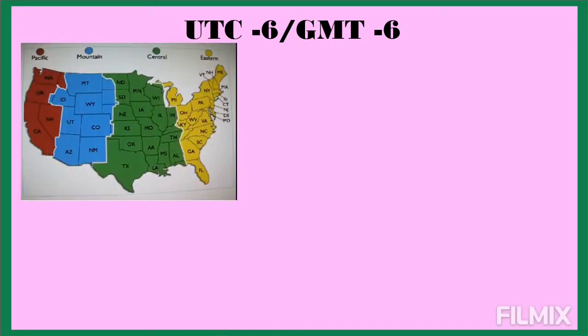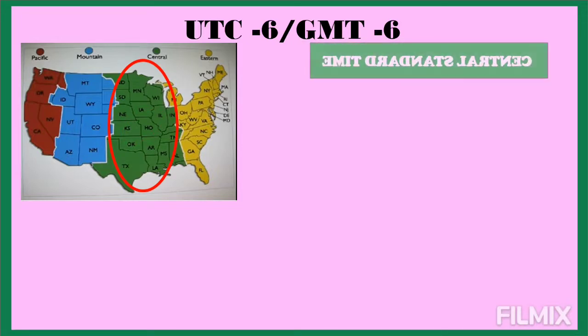Central Standard Time (CST) is 6 hours behind Coordinated Universal Time or UTC. During summer, most of the zone uses Daylight Saving Time or DST and changes to Central Daylight Time (CDT), which is 5 hours behind the UTC. This is a map of the USA, and the green one is the central part, and they're using the Central